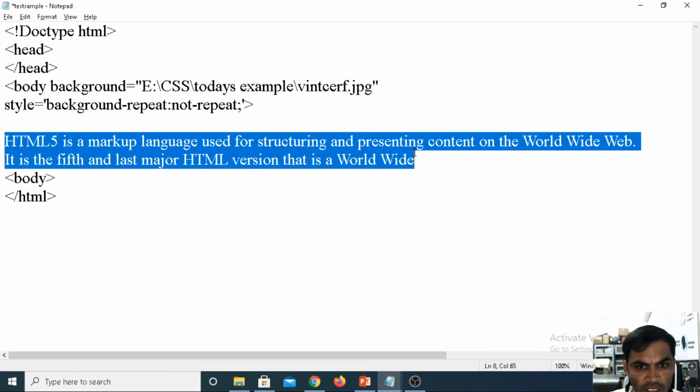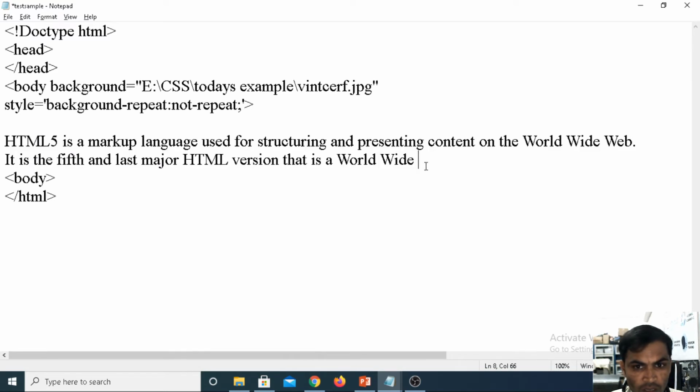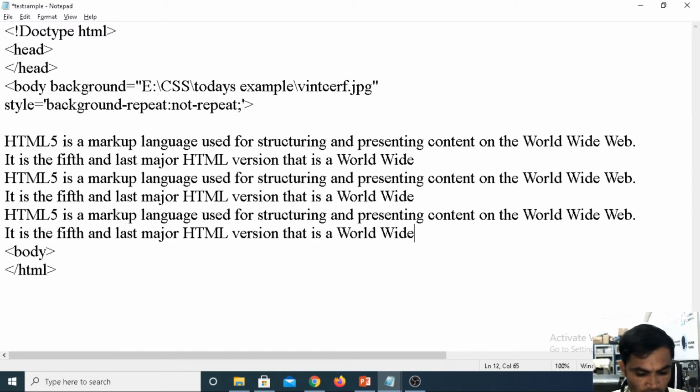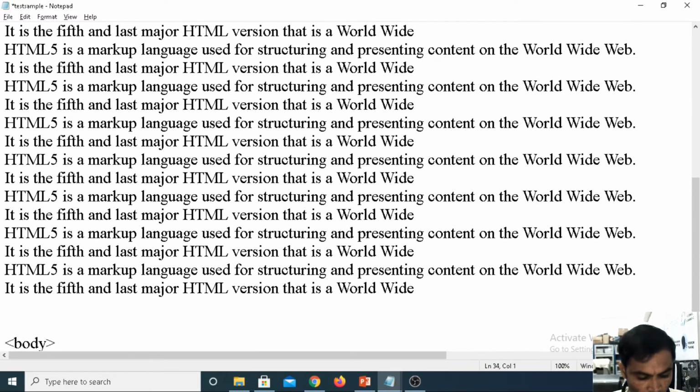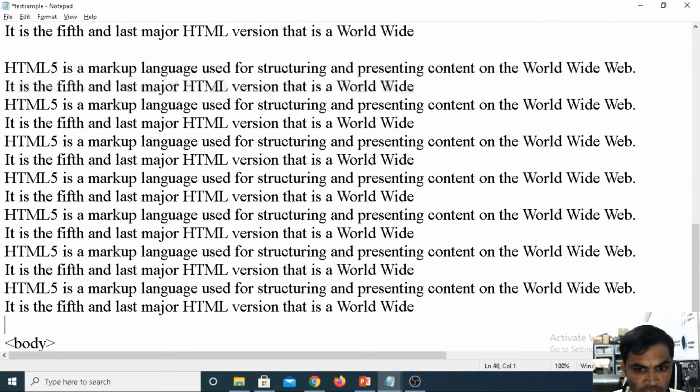Now this content I am writing multiple times in the text page.